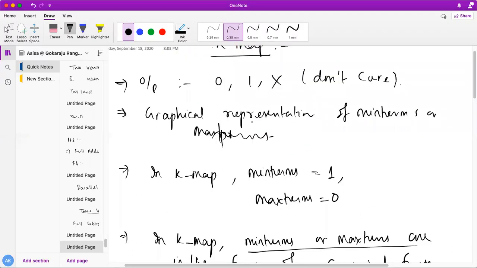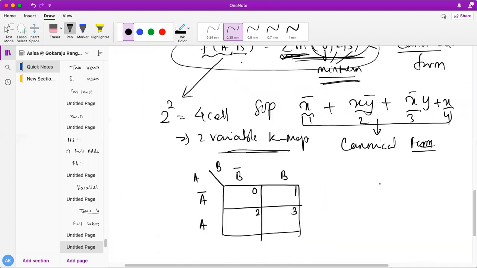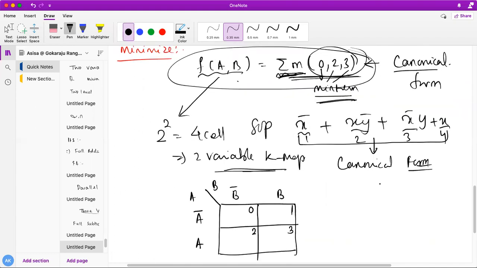A K-map is a graphical representation of min terms and max terms. Min terms are expressed as 1, max terms are expressed as 0. So here it is actually min terms, so they will be expressed as 1. What are the min terms present? 0, 2, 3. So I can put them over there, 0, 2 and 3. In the other places, there is nothing else, which means 0; you may or may not put it, your wish. Okay, so now you start combining.